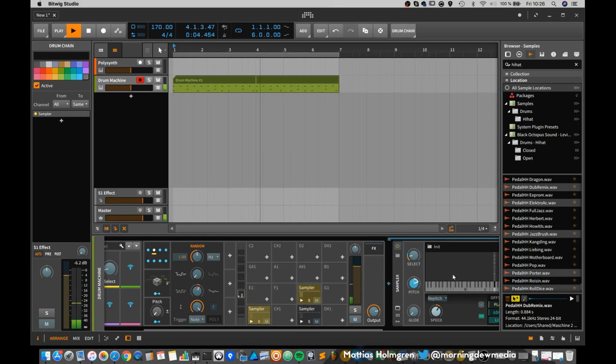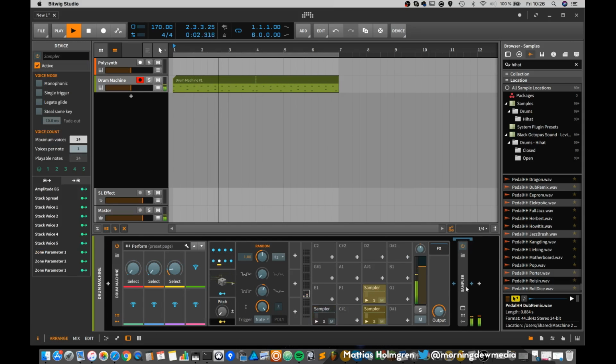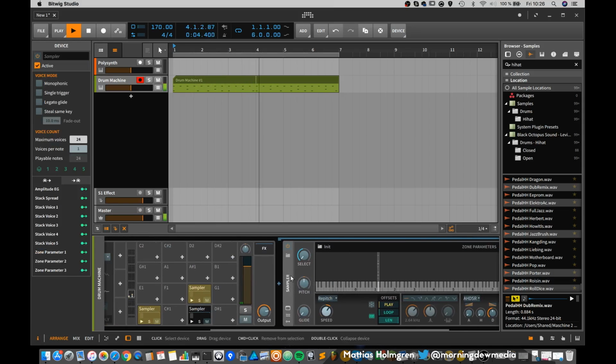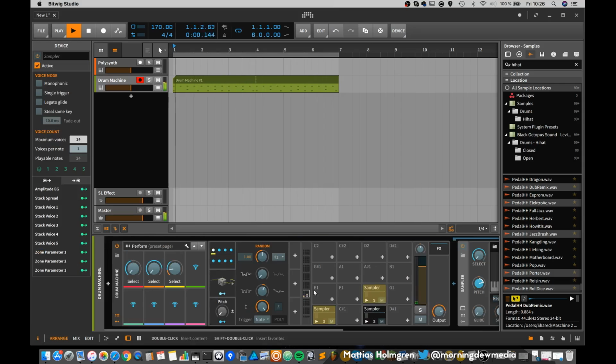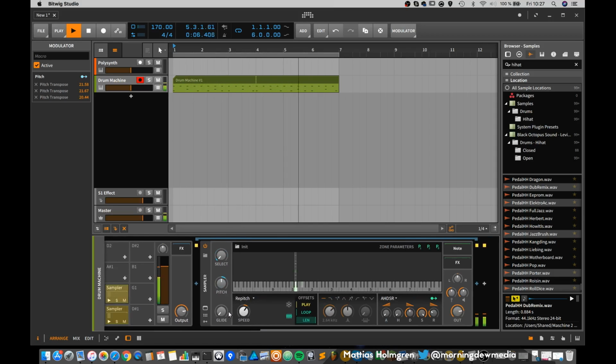Maybe this one too, and snare too. And then you can also add further modulation to this pitch too, to have even more sick sounds.